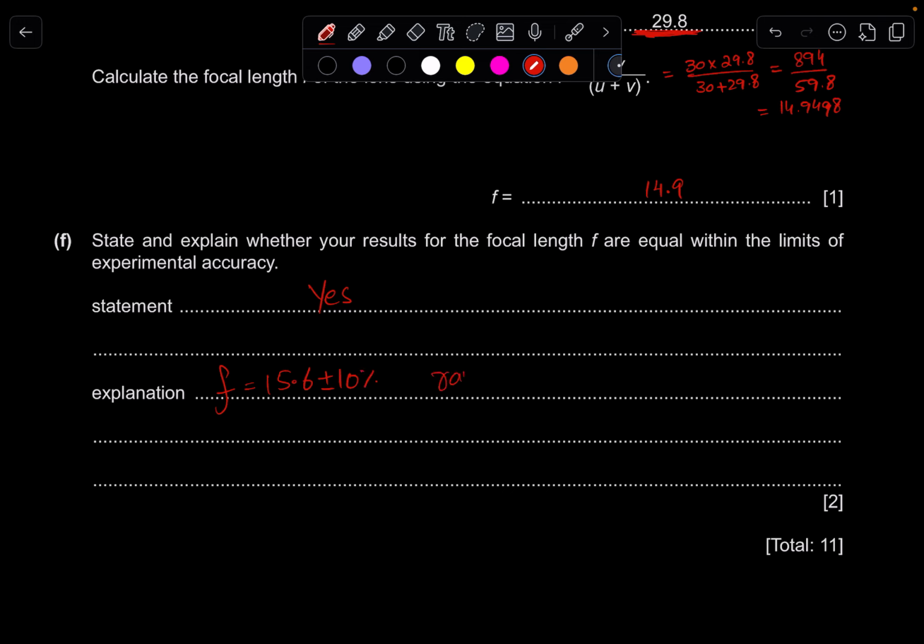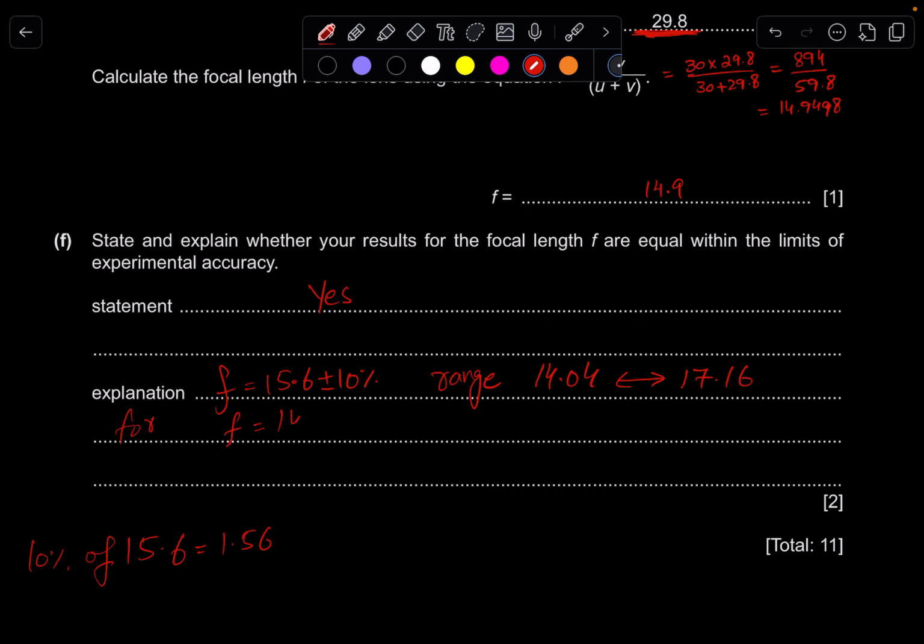The range will be from plus minus 10%, which means 10% of 15.6 equals 1.56, right? So when you add this and subtract this, the range will be 14.04 to 17.16. Okay, and for the second f,